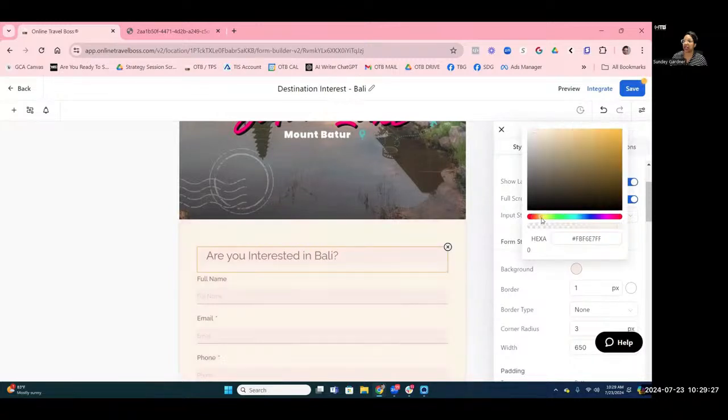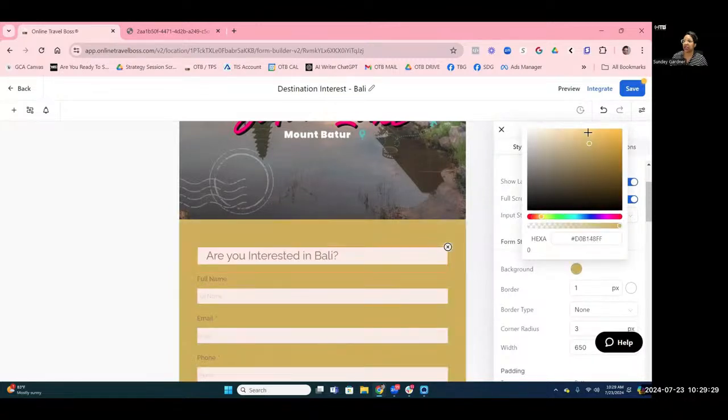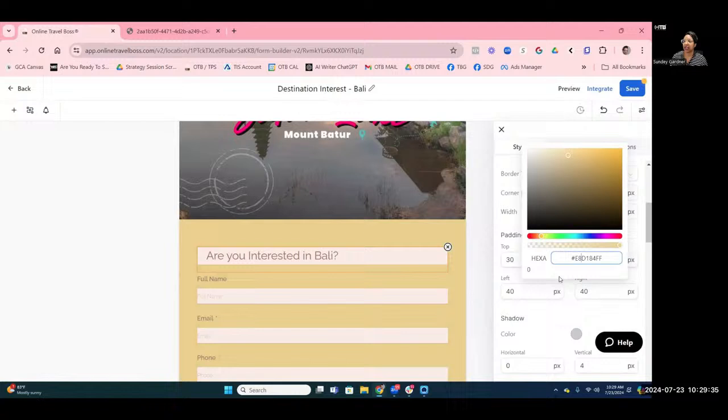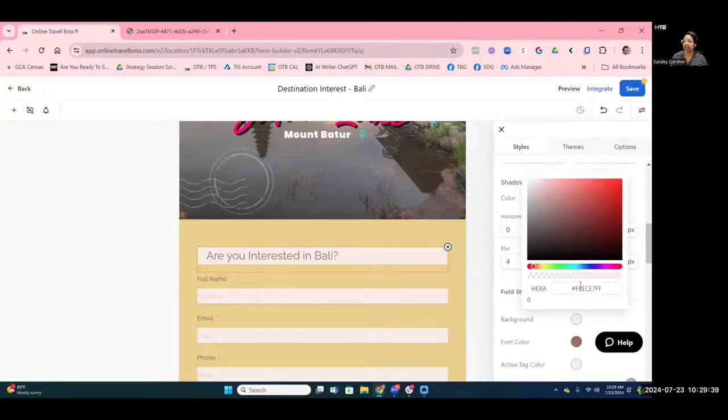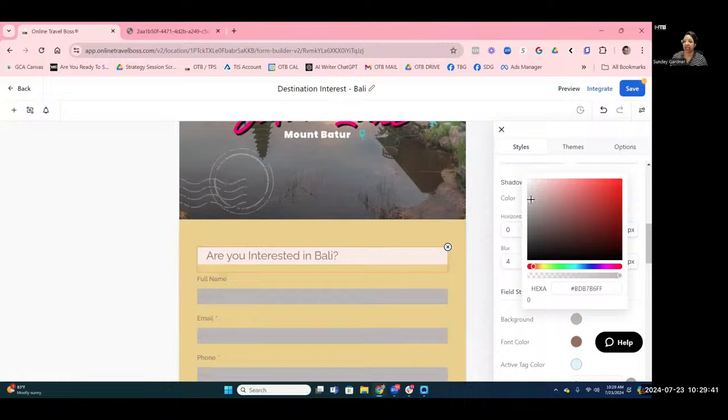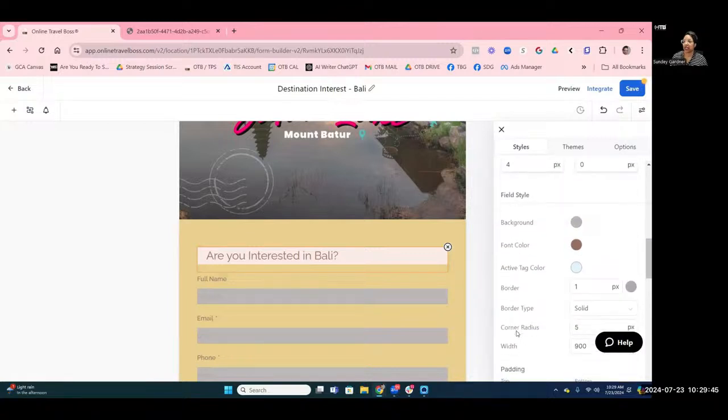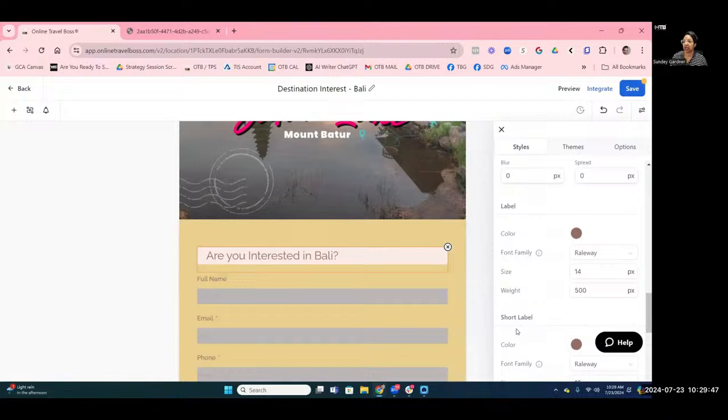I don't have my hex code for, let's say, this is my hex code. I would have my hex code for this. And then the interior form, the field style here, I'm going to change that to gray. And then I'm going to change the font color to,